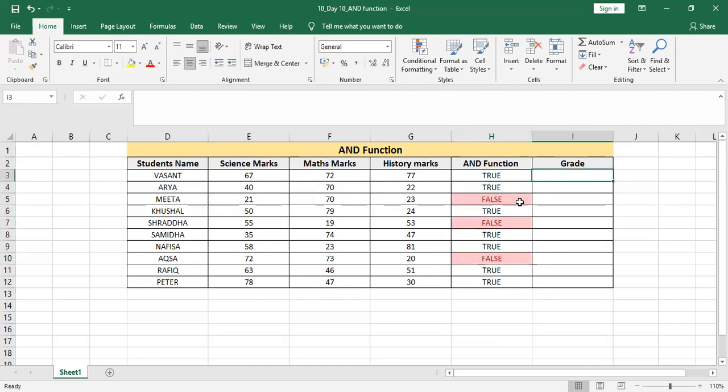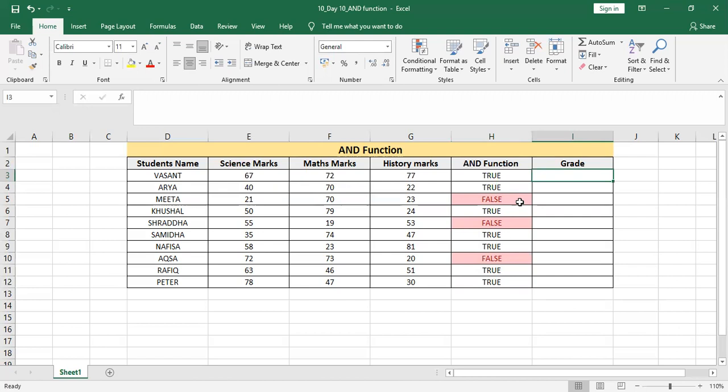Now, if I want to give them grades as distinction and pass, or we can say the students with the false result should only pass, and others with the true result should get distinction, then I can use the IF function.